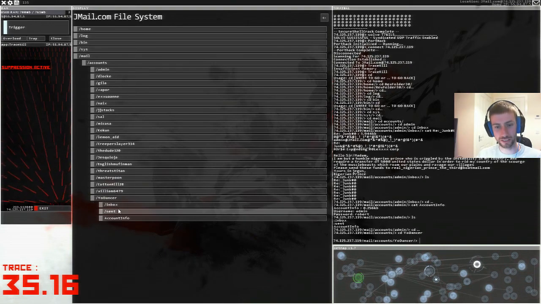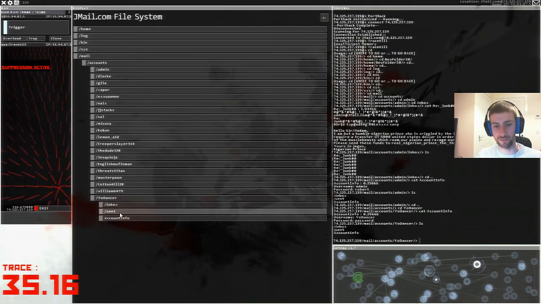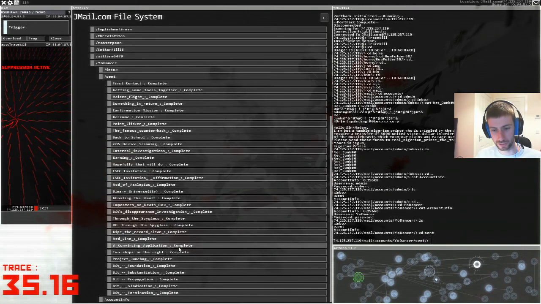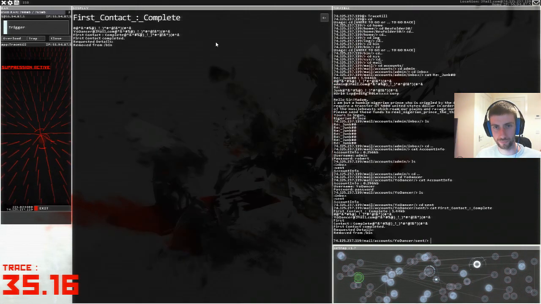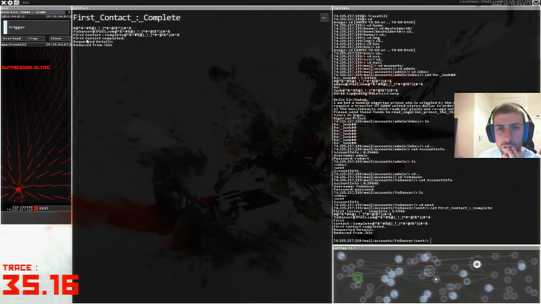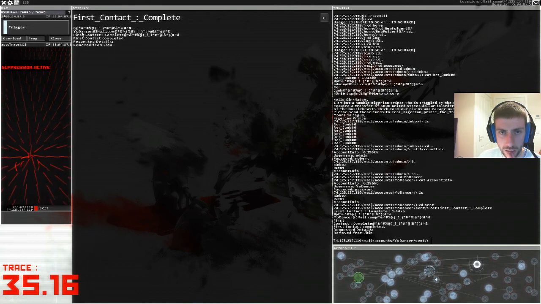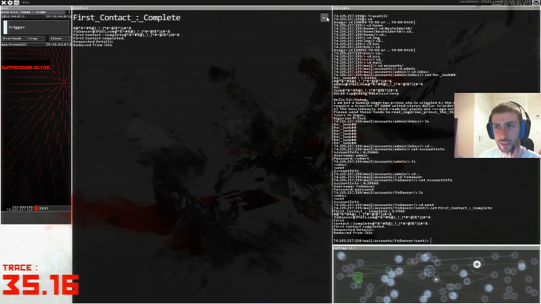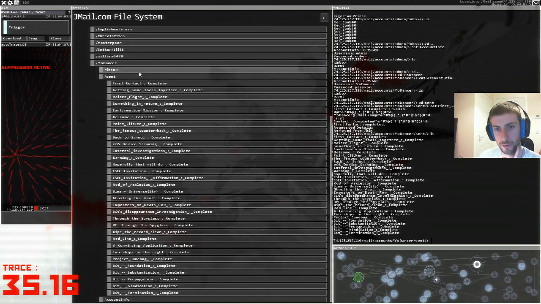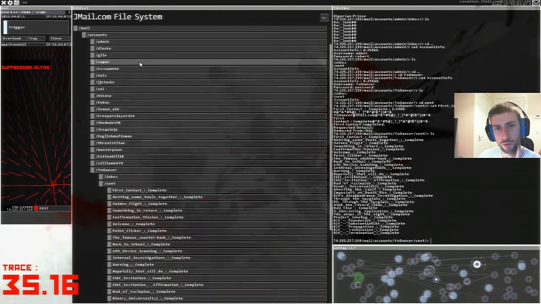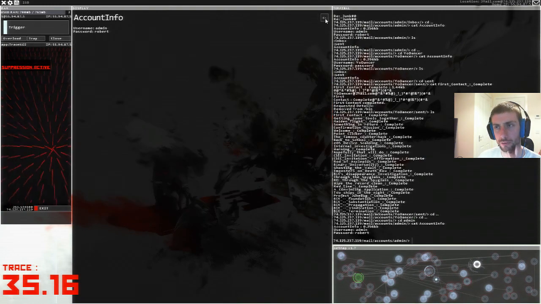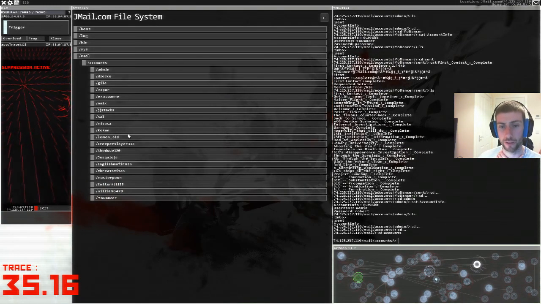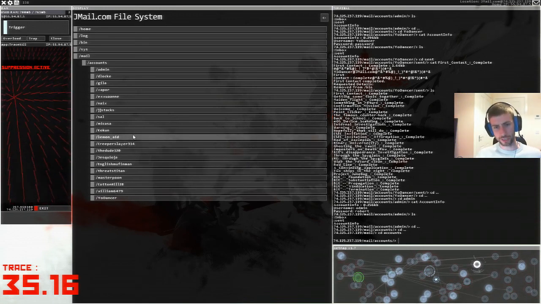Right, so here is my account info, and these are all the emails that we sent. 0@ is the sender or the mail server. That's my partial bit there, the first contact complete there. But cool. So was it Robert was the admin account, wasn't it? Just admin and Robert if we want to log in as admin to the mail account. Brilliant. So it'd be interesting to see what all these are, because we had